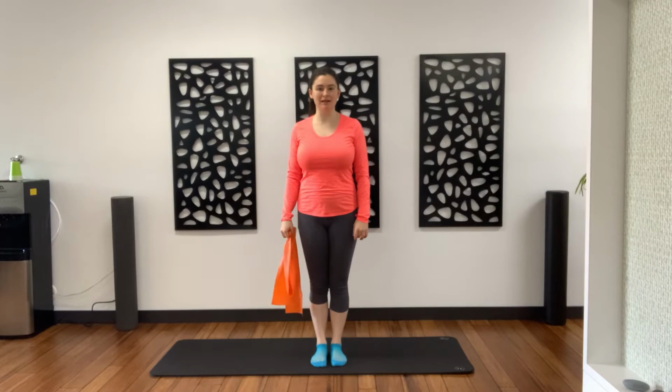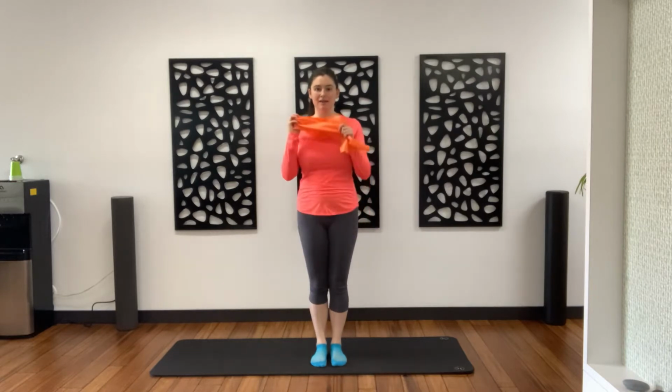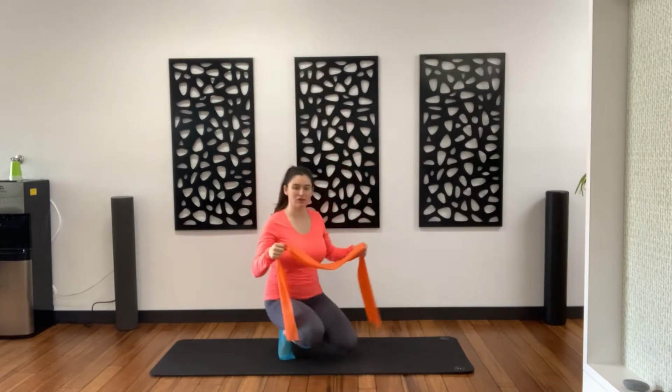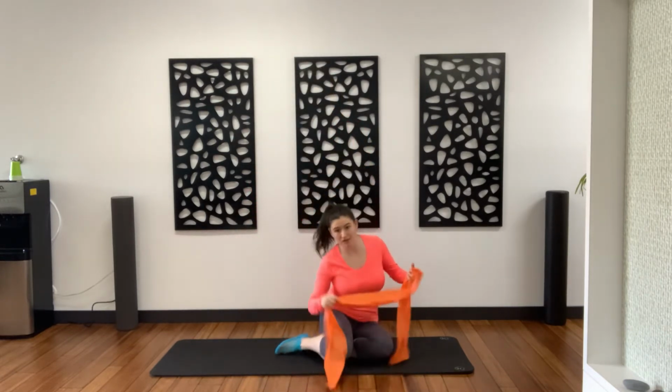I am a Pilates teacher at ROC Pilates, and I'm going to guide you through a series of exercises today that use the band, the flex band or the TheraBand, whatever you choose to use. So we're going to go ahead and get started with a little bit of a stretch and posture series here